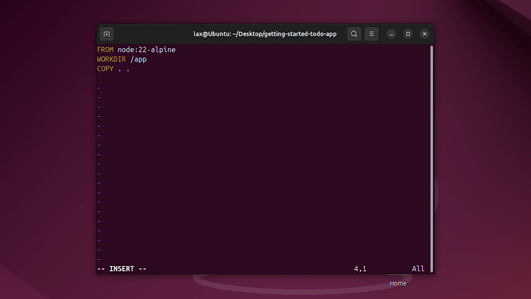Now we'll install the app dependencies by using the yarn CLI and package manager. To do that, we can use the RUN instruction. We'll mention RUN, then yarn install --production. Then finally we'll specify the default command to run the application, and for that we'll use the CMD